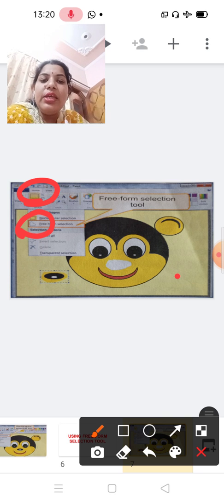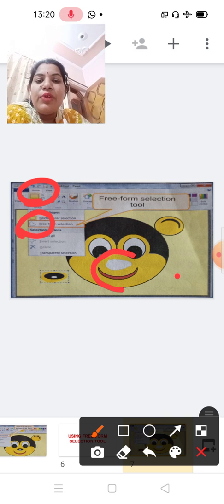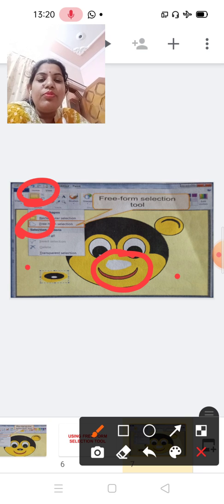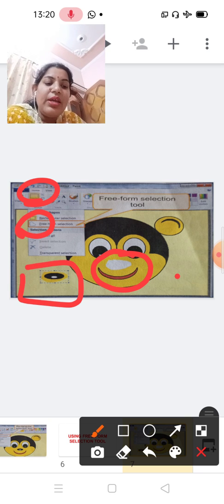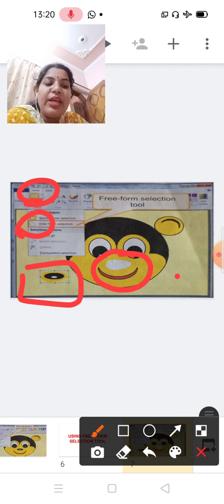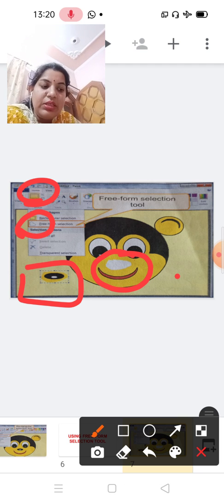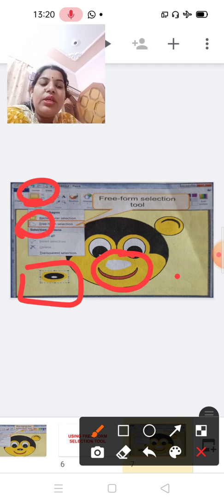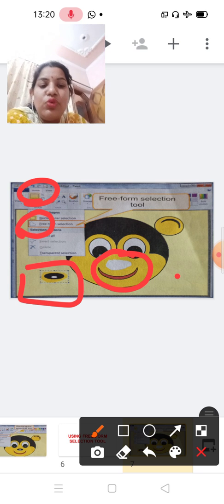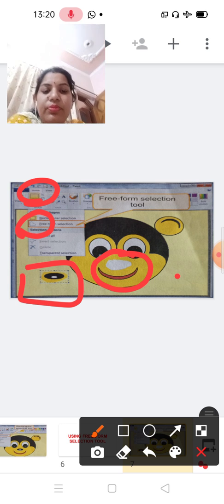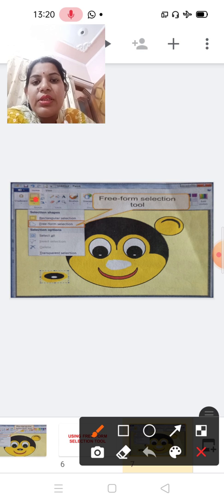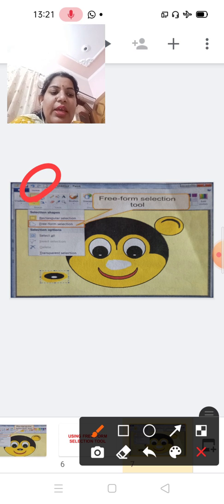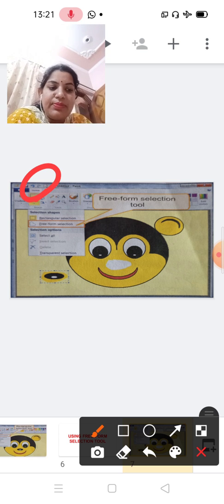Here you can see we can select the nose of a mouse and move it. Drag the nose towards the left as shown in the figure. Now click on the undo button. After that you can use this undo button and observe the changes.